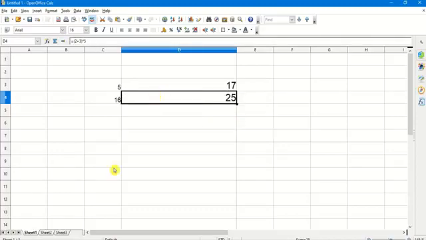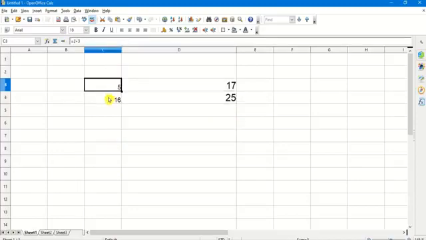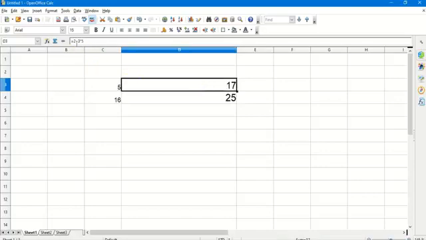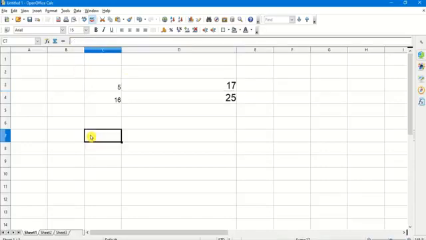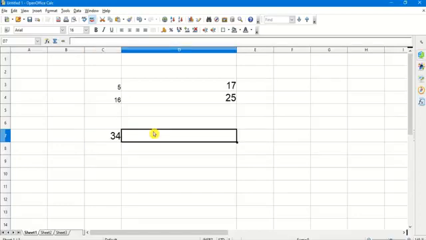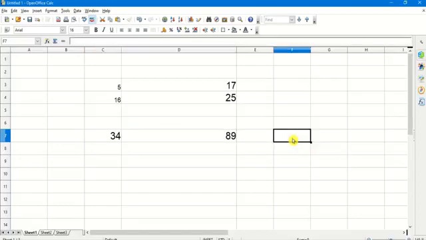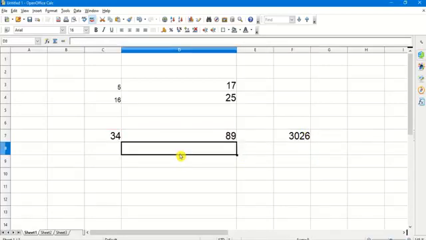Formulas can be used by directly using numbers, as I have shown you, or even by using cell addresses. If I have two numbers, I can use the cell address of those numbers and any of the mathematical operators, for example C7 multiplied by D7.